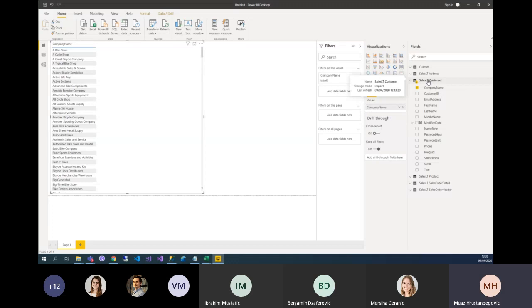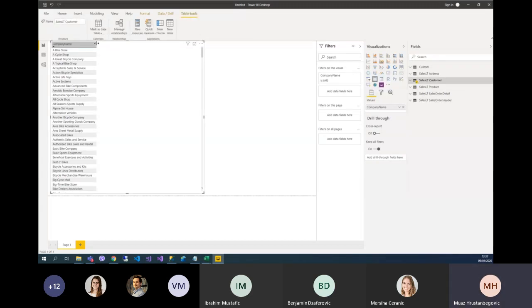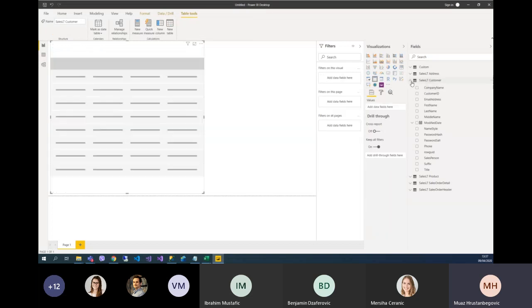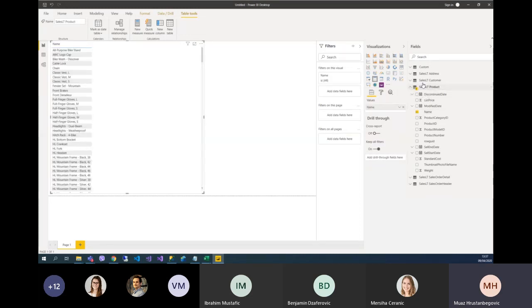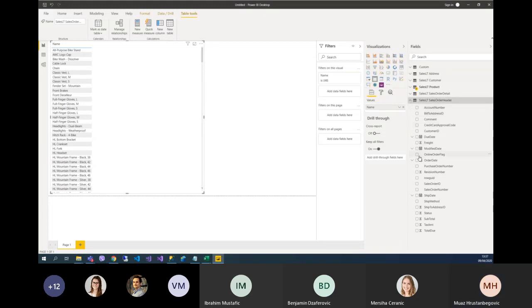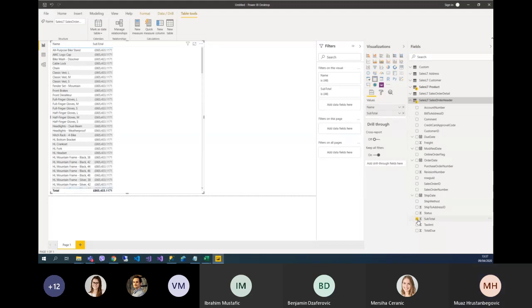We are looking first in the table that's called customer. No, I believe actually that product is better for this. If we want to get all sales by product, we first take the name of the product from this table here, and from sales order, let's say header. We are collecting a different amount